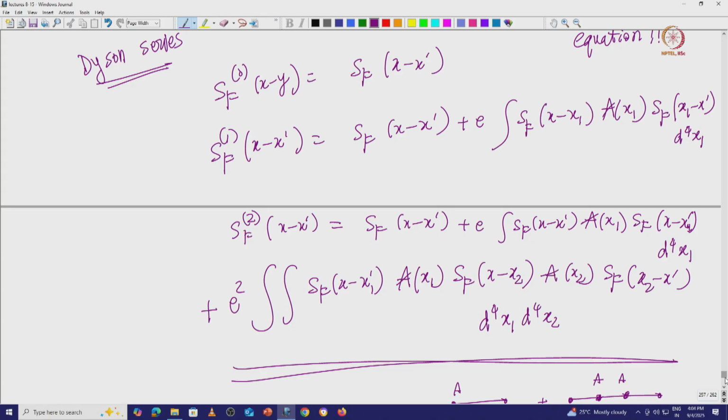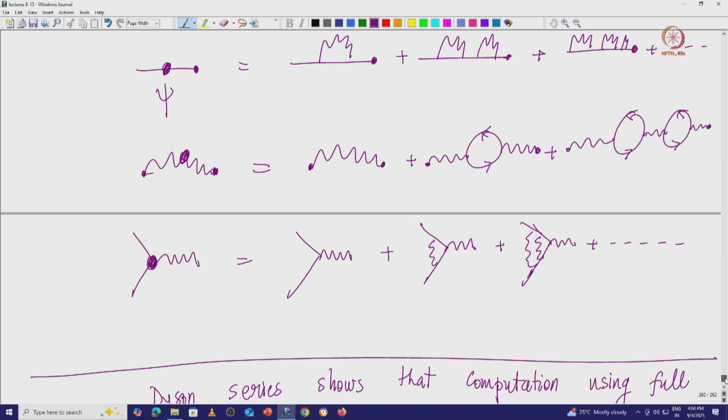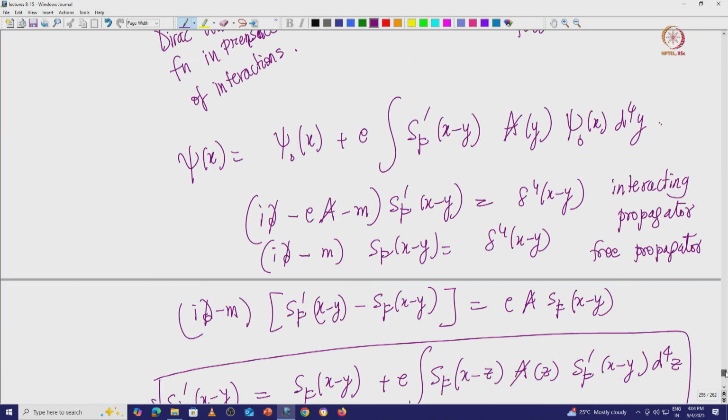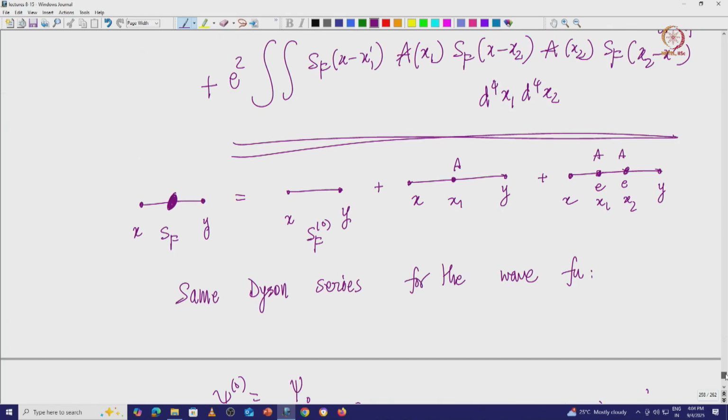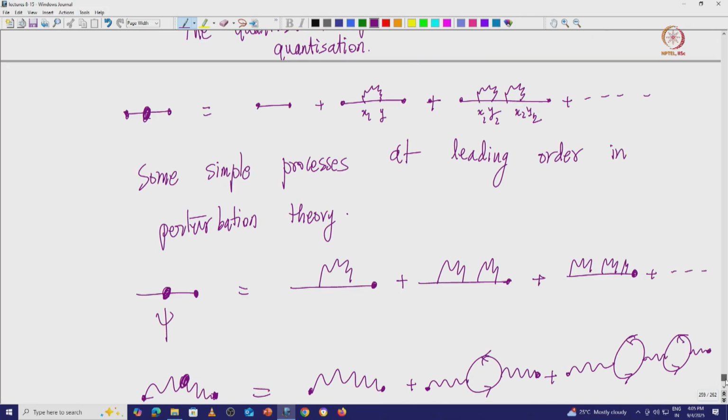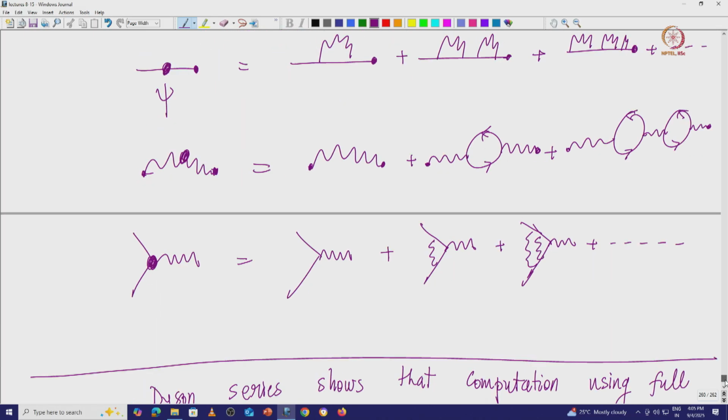Given all this, you can now reinterpret the entire thing in terms of simple diagrams. These are nothing but your Feynman diagrams, but now at higher order. S_F total will be equivalent to S_F 0 times an interaction at x1 with x, this is in position space, and in this fashion you can write it down. You can do the same thing with wave functions, propagators and the couplings also.